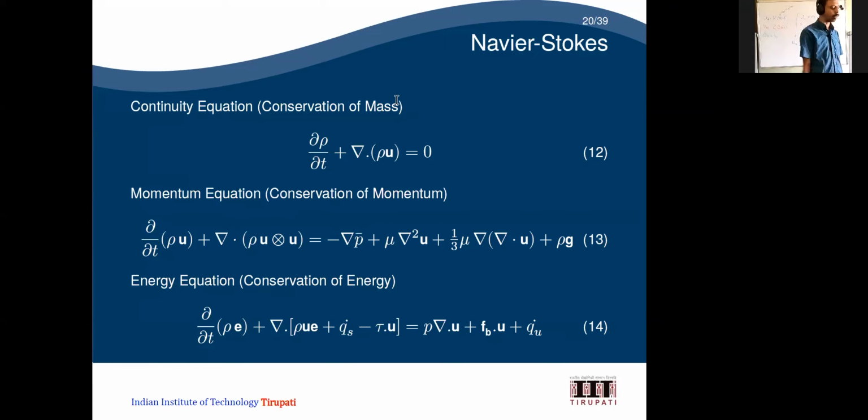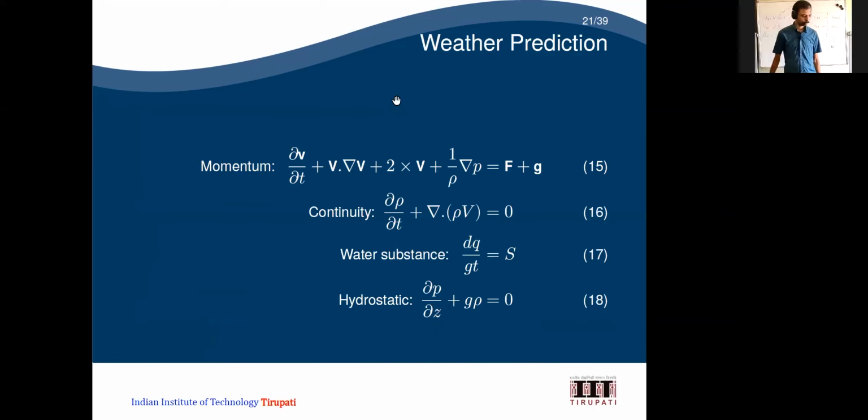We will derive it in our PDE course itself. Right now I am just saying what the equation is. The first equation is conservation of mass. The second equation is conservation of momentum, which we can derive from Newton's second law, force equals mass into acceleration. And then the energy equation, which is conservation of energy. So that is three equations.